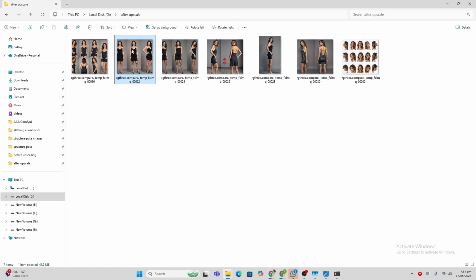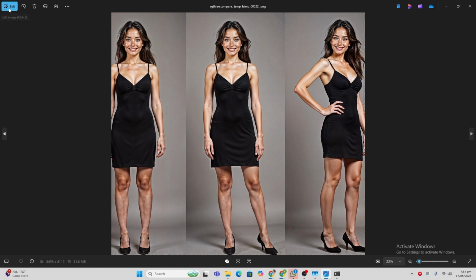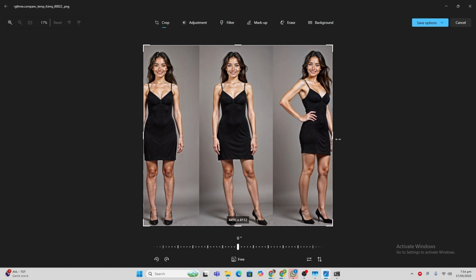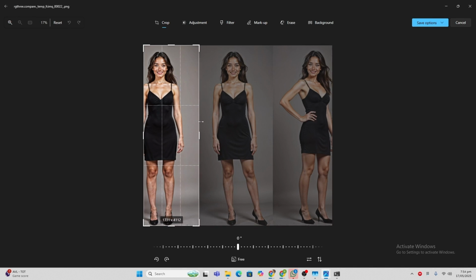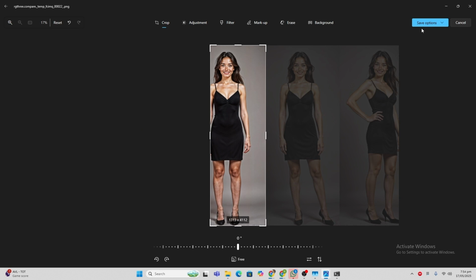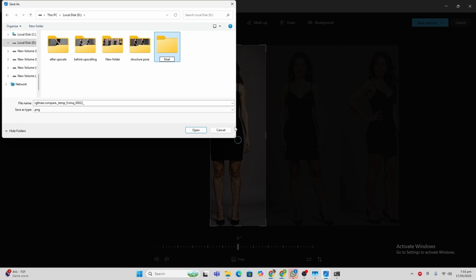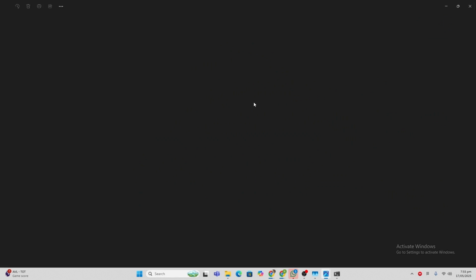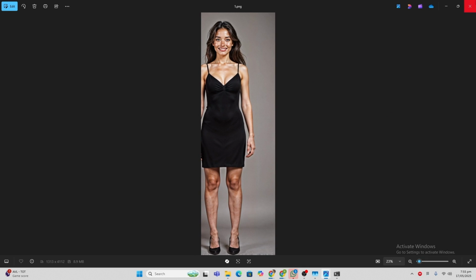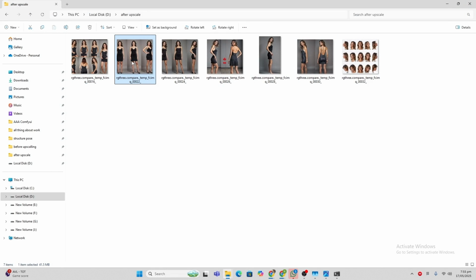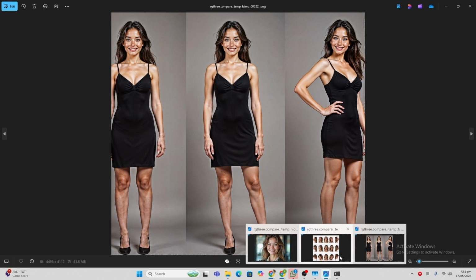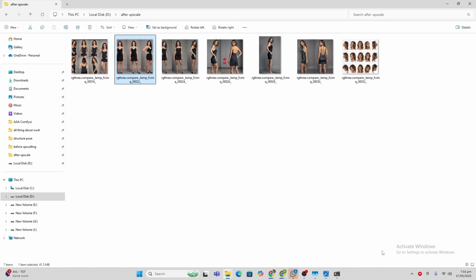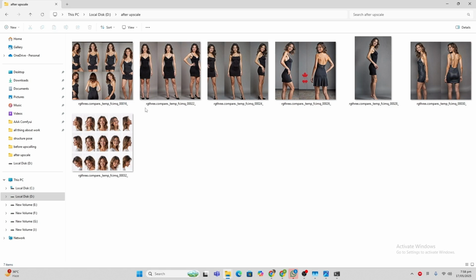So just simply click on it, edit. You can see the edit option over here, and you don't have to wait for the rendering, the online downloading, all that stuff. Just save as a copy. We'll save this as counting. So this will be saved as a new image. Then you can go again and you can cut it and save it in this way. Okay, now you can distribute these images.